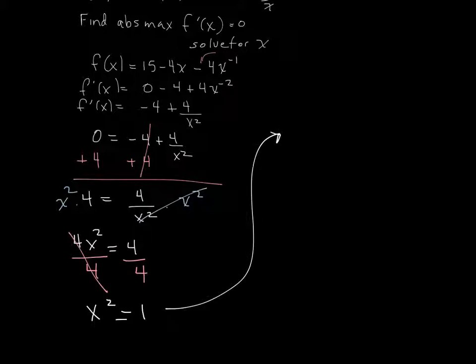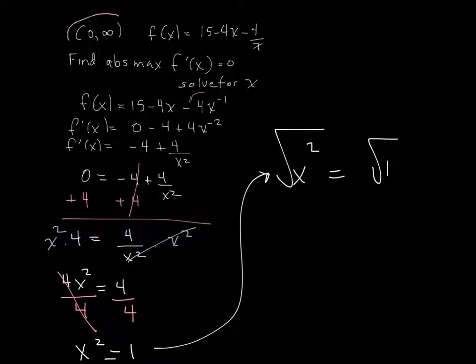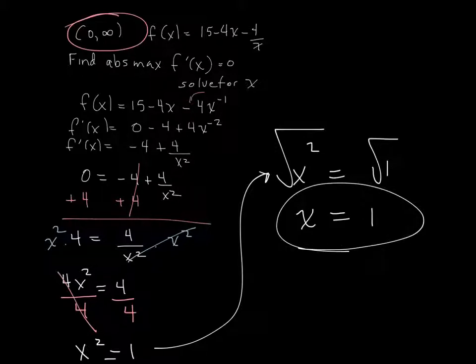When I take the square root of both sides, you're supposed to do the plus and minus. However, if I go back up here, it said my interval was positive. So when I take the square root of 1, I'm only going to do the positive one. So this tells me my max is at x equals 1,